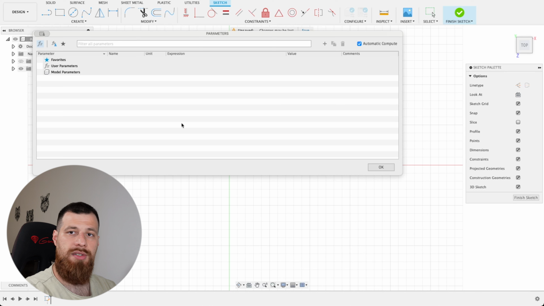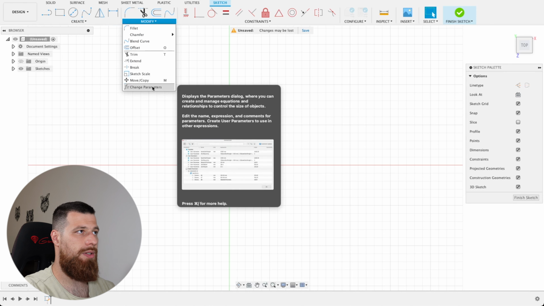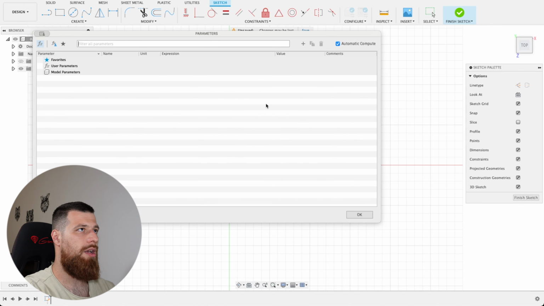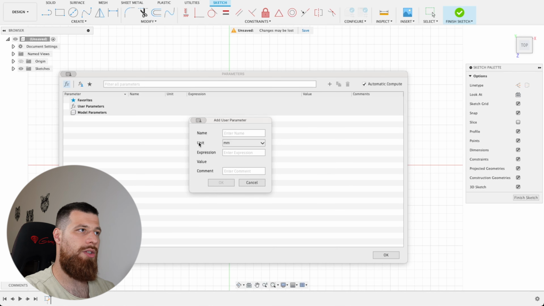These triangles would have a side length, the length of the side of the triangle, which should be a parameter. So let's create exactly that. I'll go into Modify, then Change Parameters, and then I have this table right here where the parameters for my project will be visible. If you click on this plus, you can enter a name, a unit, expression, value, or comments. Let's say triangle side, and it should be represented in units of millimeters, and I'll use